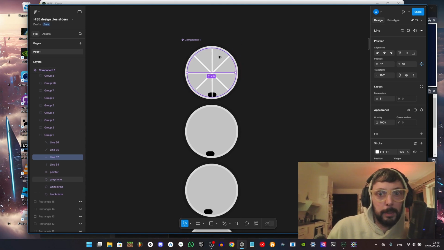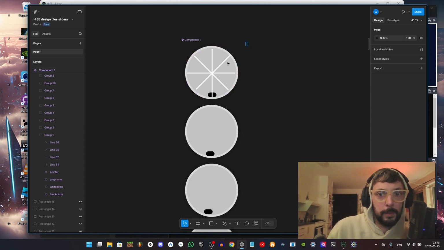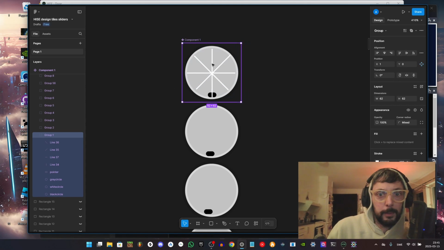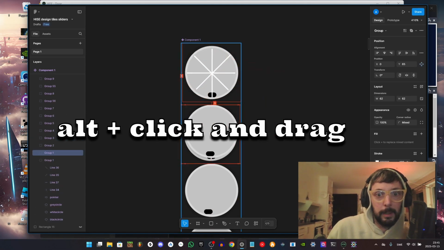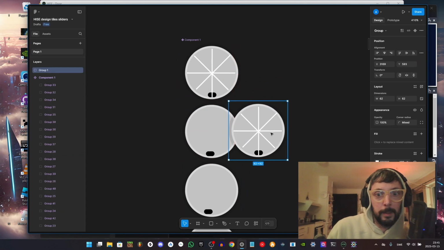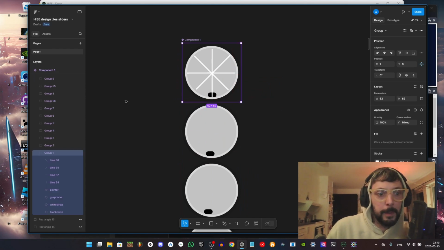So I copied the first circle, the first group, like this, and then press Alt, and then I can copy it and place it underneath it like this. And